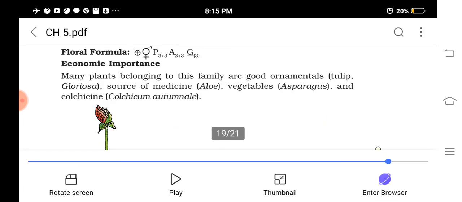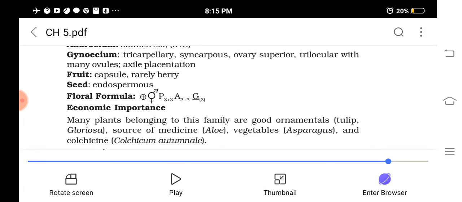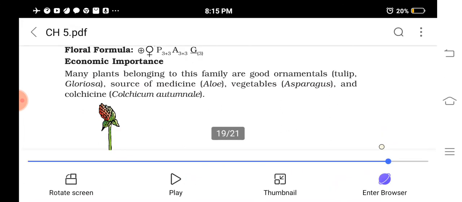So these are the different families. Two families we have to study. In this, floral formula can be asked, floral diagrams or description of the family. Understood? So this much you have to learn. So this is about the morphology of flowering plants that we have to study this year. Go through the video, and after that please read the lessons very clearly. Questions will be from the textbook, and you will have 20 marks MCQs and 20 marks short answer, 1 mark, 2 marks questions likewise. So prepare for this.